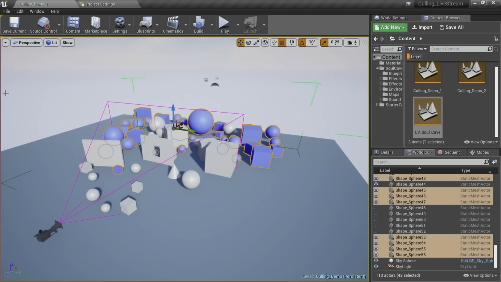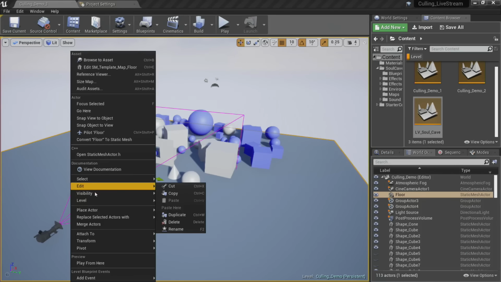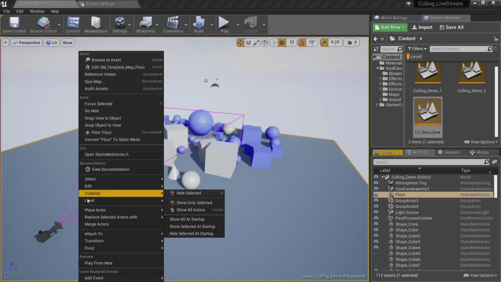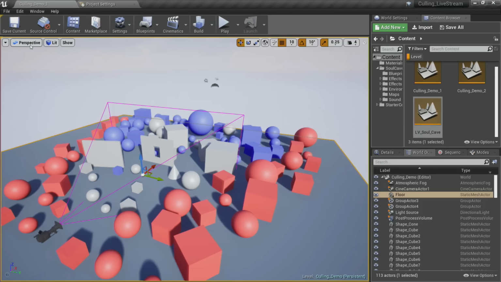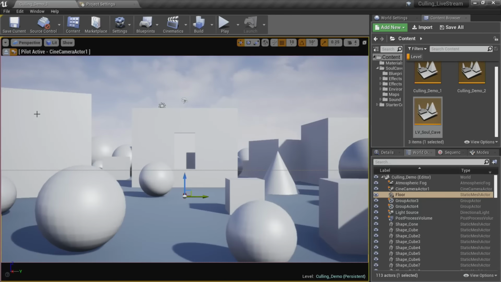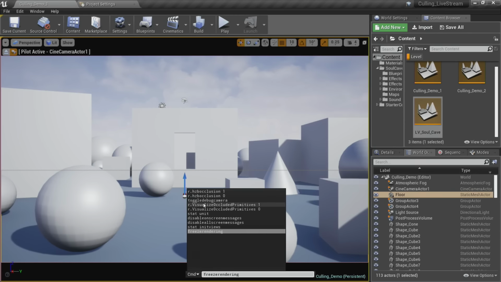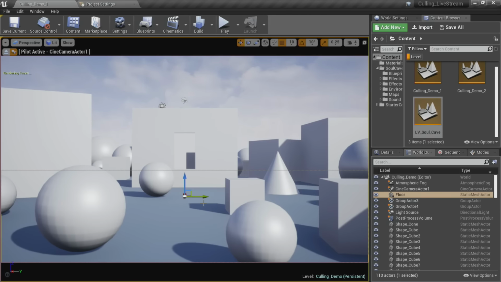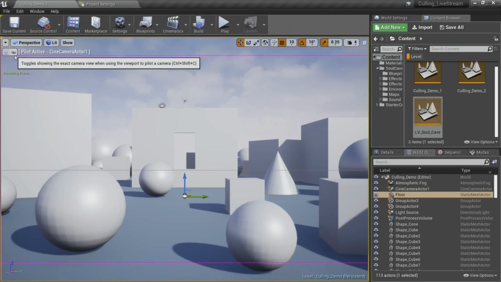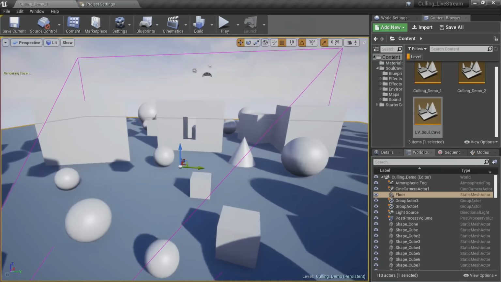So what I'm going to do is unhide all my stuff again, and then I'm going to show you a couple tricks. So I'm going to go to my camera that I've got set up. I've gone to actually possess that camera. Try not to move it, because it's always easy to move. I'm going to freeze rendering on this, as I talked about a little bit earlier, and I'm going to eject from my camera so I don't move it.